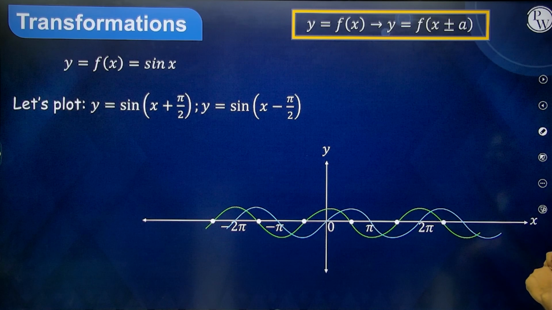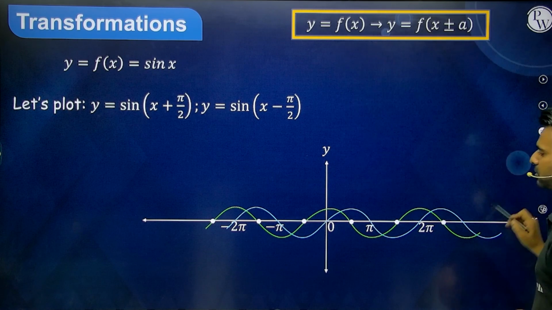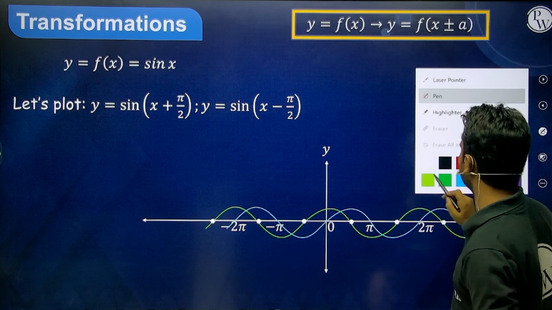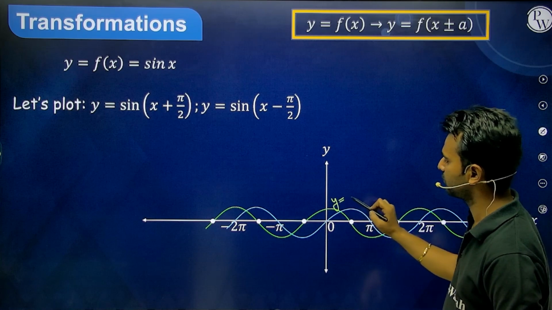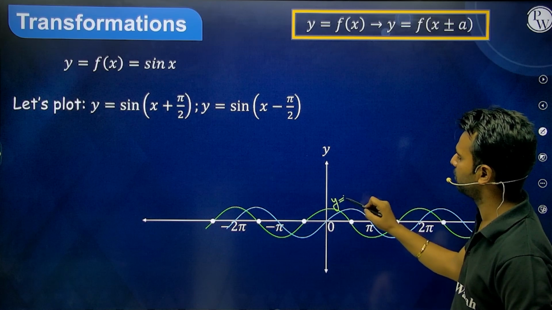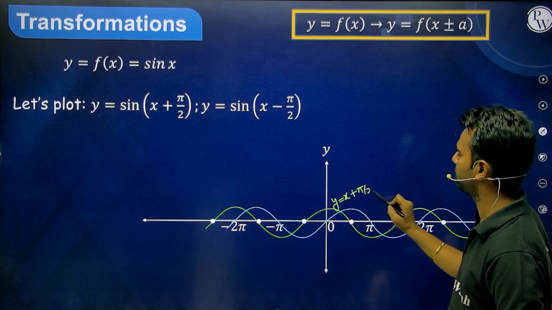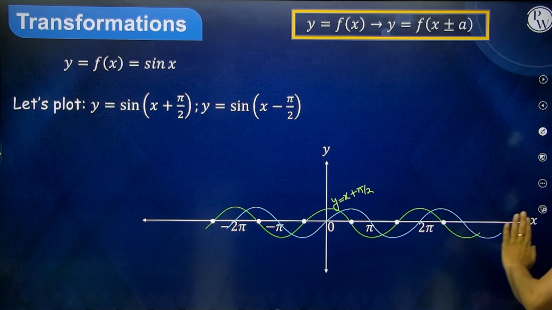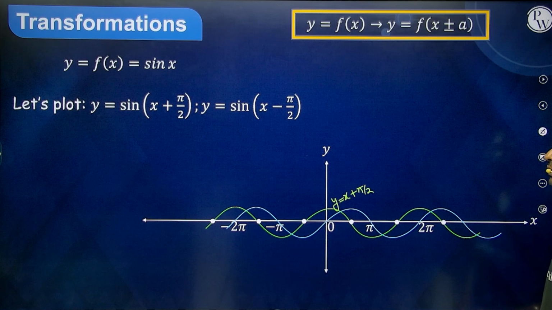This is nothing but the graph of y equal to x plus pi by 2, this green one. x plus pi by 2. Because if you push this blue graph towards left by pi by 2 units, then only this green graph will be formed. And if you want to draw the graph of y equal to x minus pi by 2, this